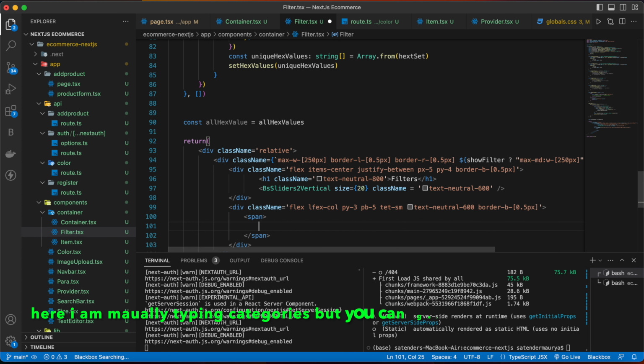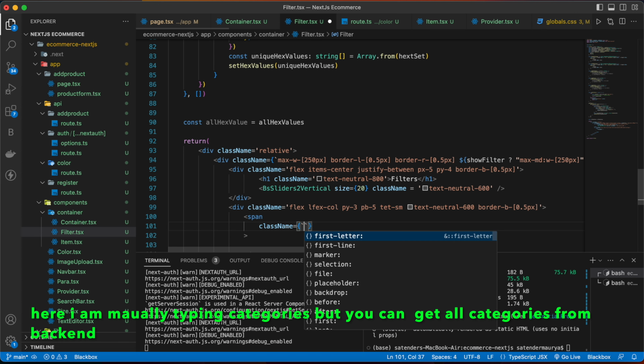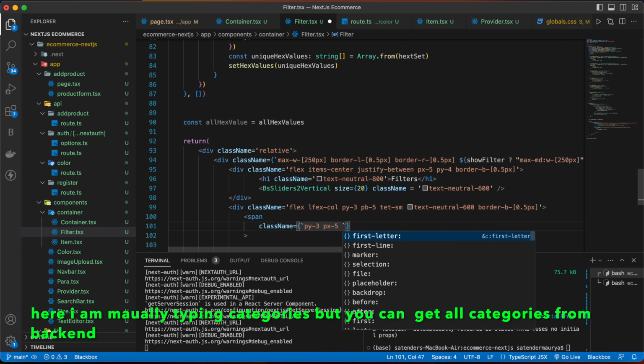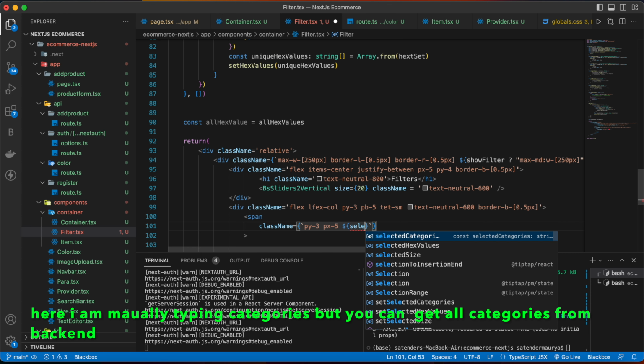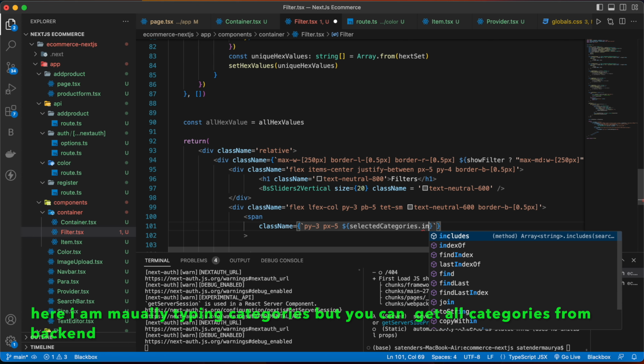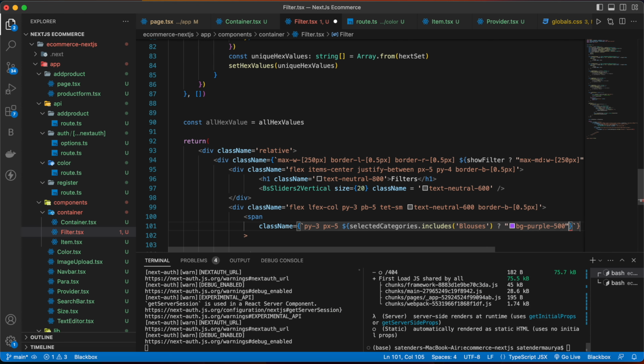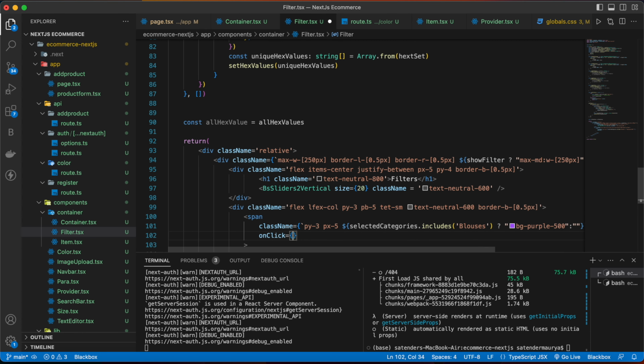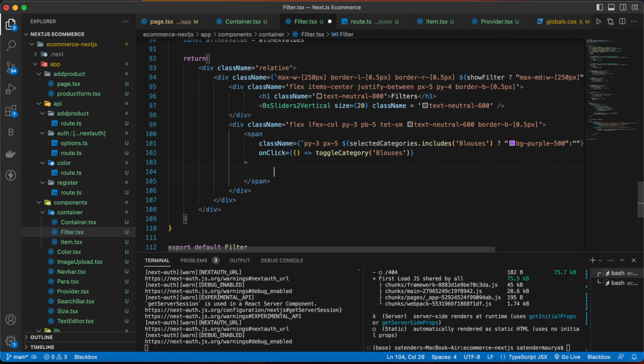Inside that we are going to have a span, and first we are going to give a class name py3 px5 and if selected categories dot includes, opacity 100, otherwise none, and below that write onClick function which will have the toggle category function with blouses, and write blouses here as well.